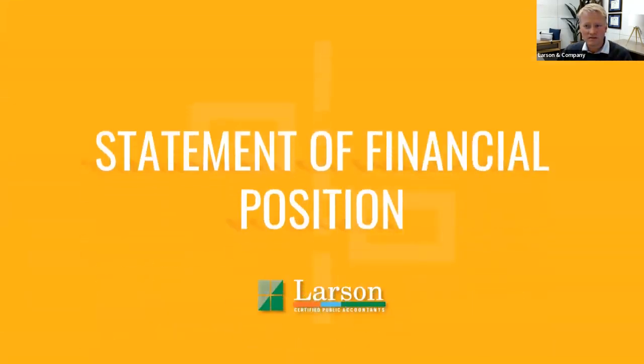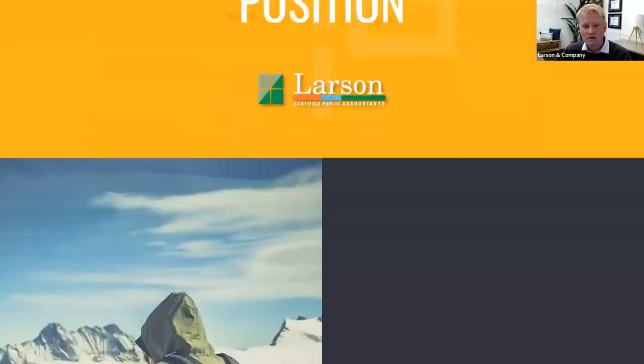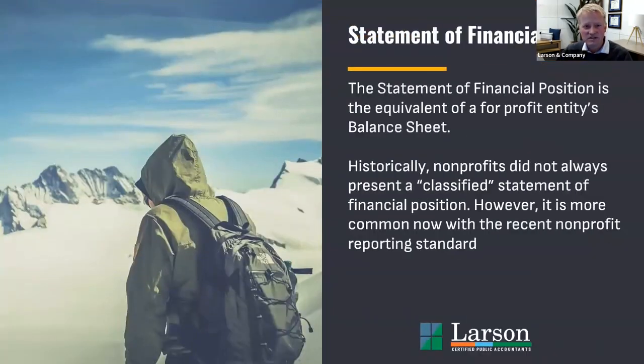So starting out, statement of financial position. The statement of financial position is equivalent to a for-profit entity's balance sheet. Historically, nonprofits did not always present a classified statement of financial position. A classified statement breaks out current assets from current liabilities. In the past, it was pretty common for nonprofits to just show total assets and total liabilities, not broken out